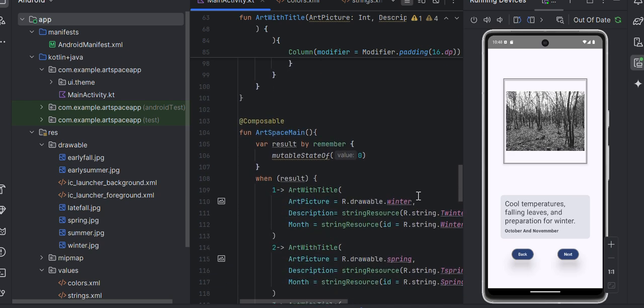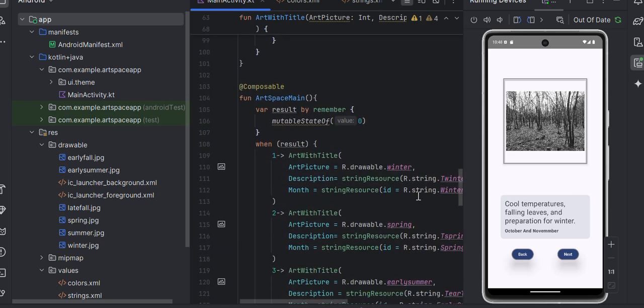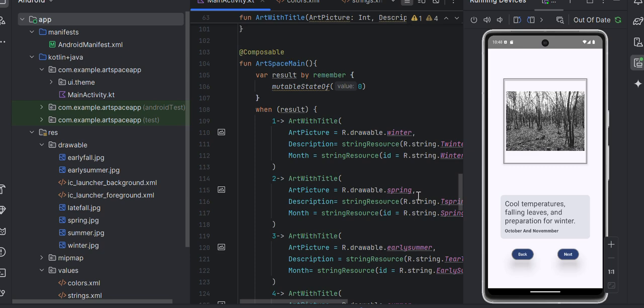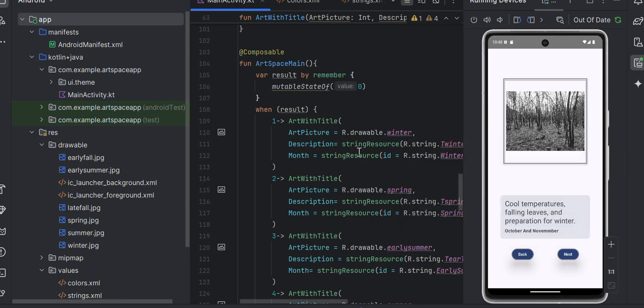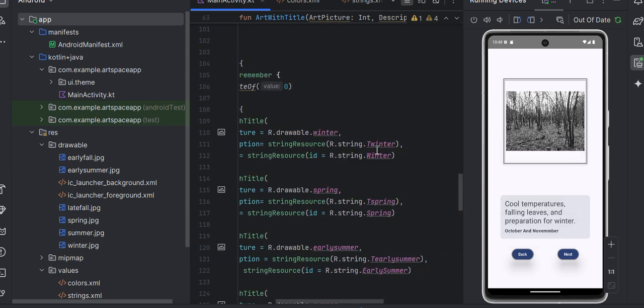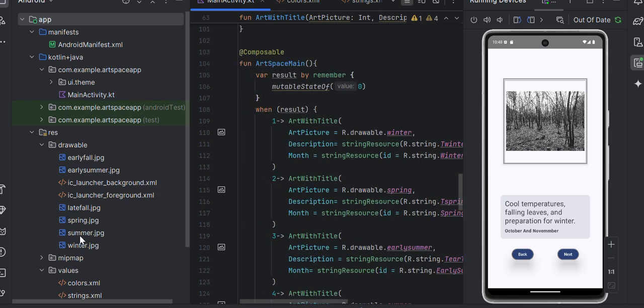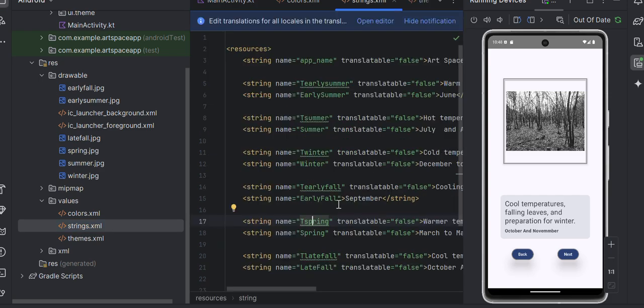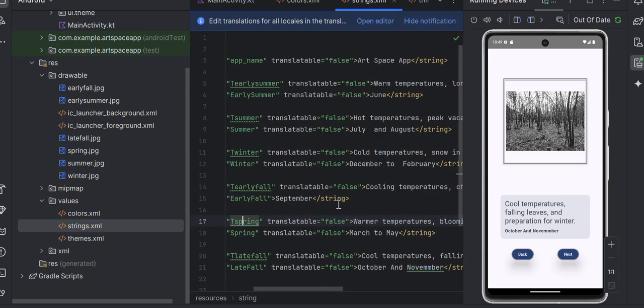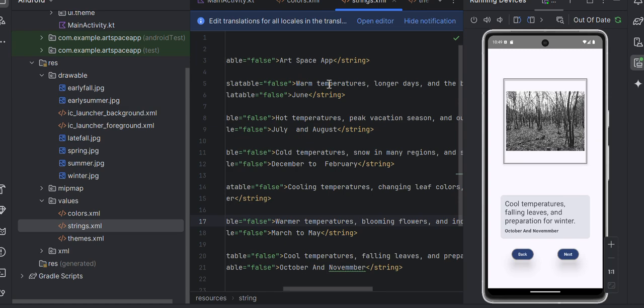And again, a composable function for the art space main. In these functions, I mention the picture view. Here for the art picture, I mention winter, and this is the picture and the description of the picture. And here I call the function from the strings.xml file. In the strings.xml file, I mention the picture description and